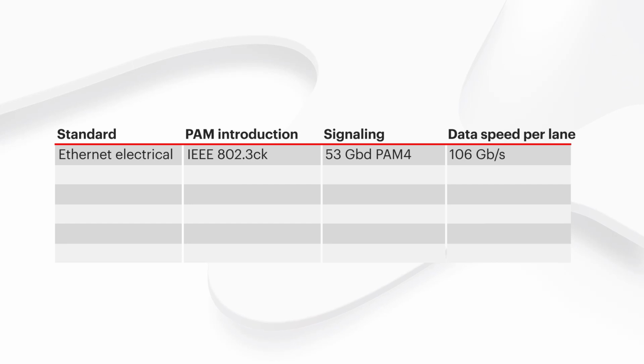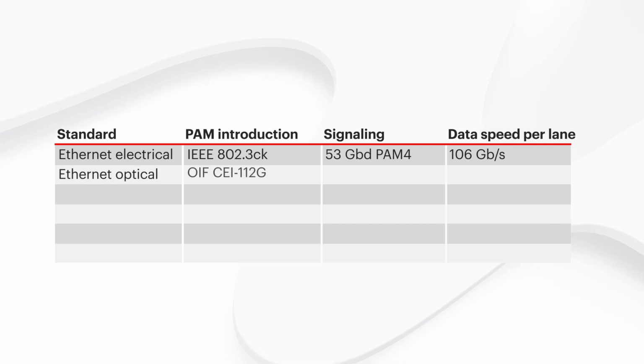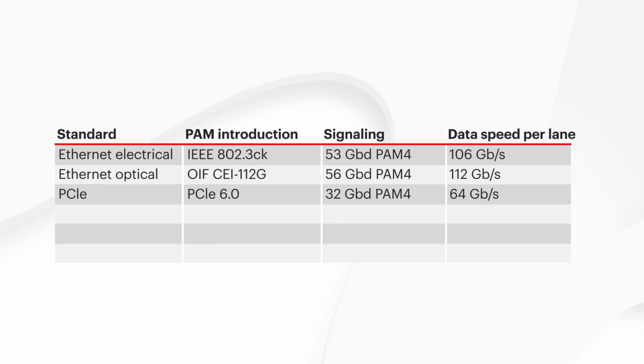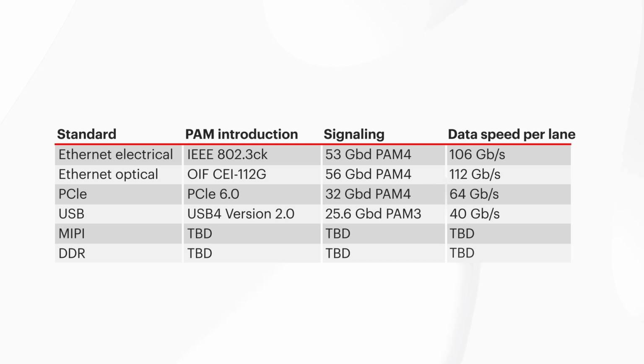electrical side, and a lot of equivalent on the optical side. That's a 53 gigabaud PAM4 signal for 100 gigabit per lane, i.e. 400 gigabit Ethernet. We've also already mentioned PCI Express Gen 6 is moving to PAM4. USB is moving to PAM3 with USB 4 version 2. Beyond that, various DDR and MIPI standards are also investigating moving to either PAM3 or PAM4 type